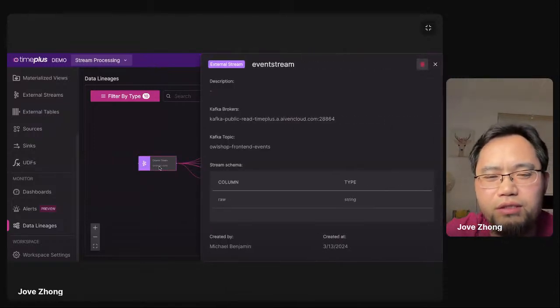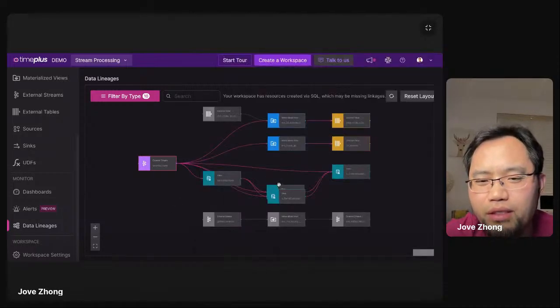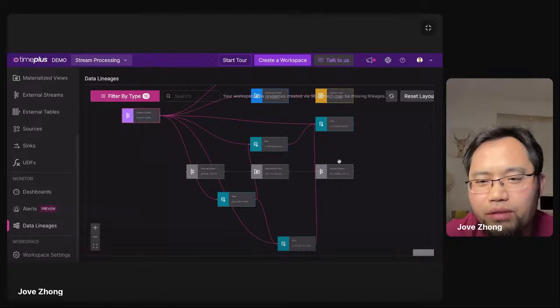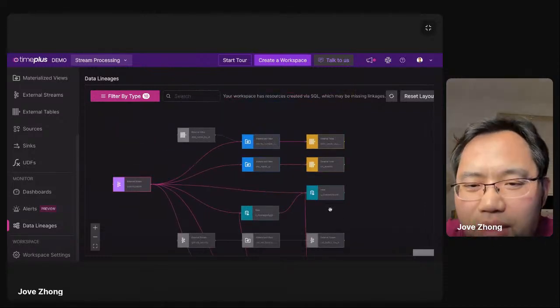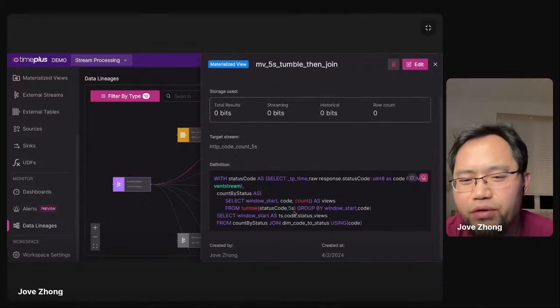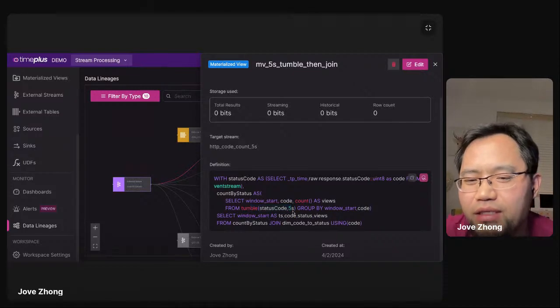So this is the Kafka topic coming from our server, and you can read it, and you can even do some joins and downsampling, right? So this is a more complex query. Essentially, it just queries every 5 seconds using a tumble window and group by the HTTP code. Then you can